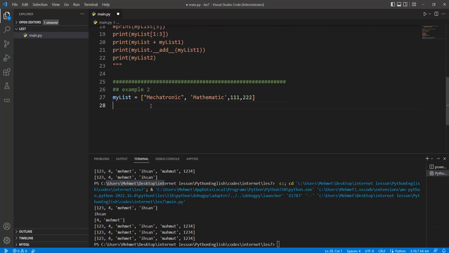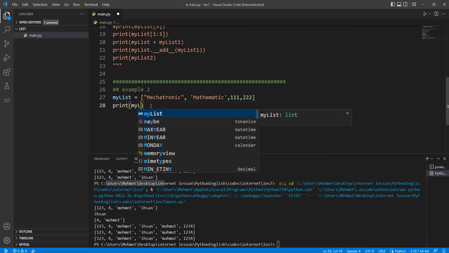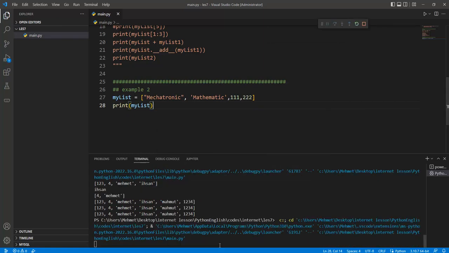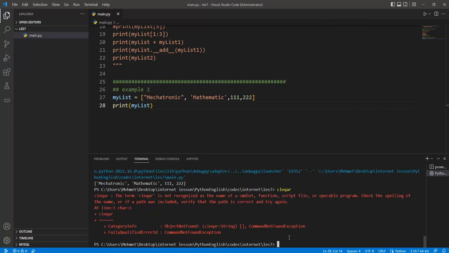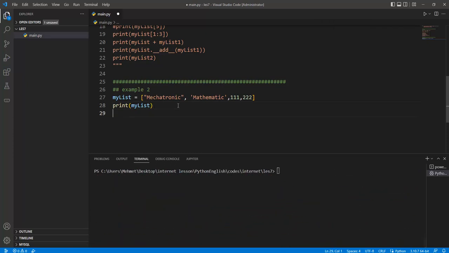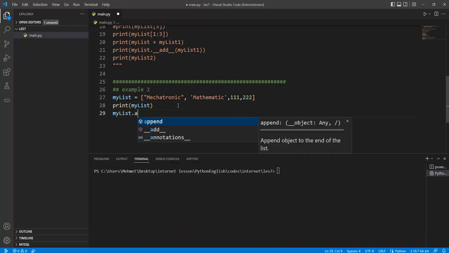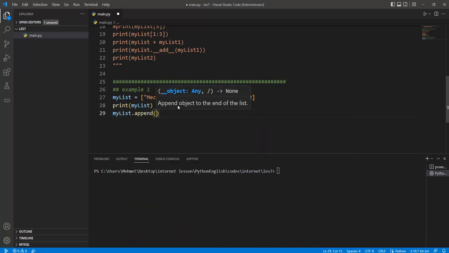And what happens if we add some variable to this list? Firstly, my list can be written like this, the mechatronic, mathematic, 1 1 1 2 2 2, and shown on the terminal page. If I want to add some data, we can use the append function. Just remember that we can combine these two lists by using the plus operation, but this list does not change, and so in order to add or append some data to this list,